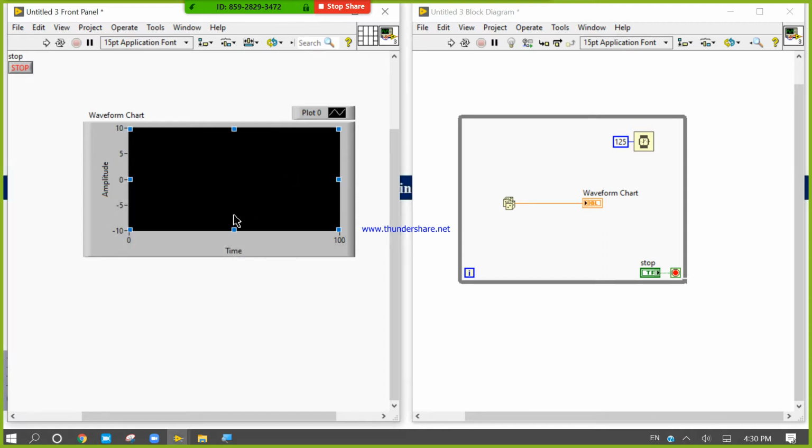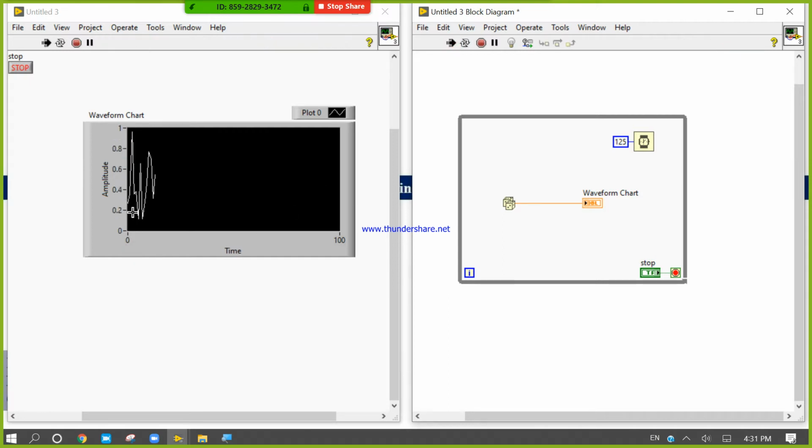So what will happen if the memory size is reached? Let's see. Now run. Look, the graph starts plotting left to right.